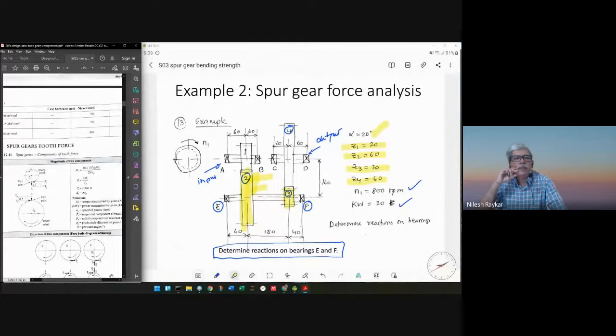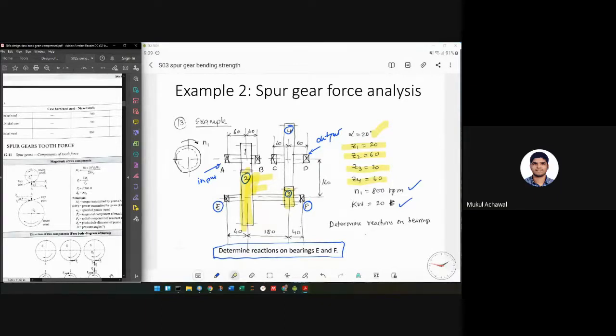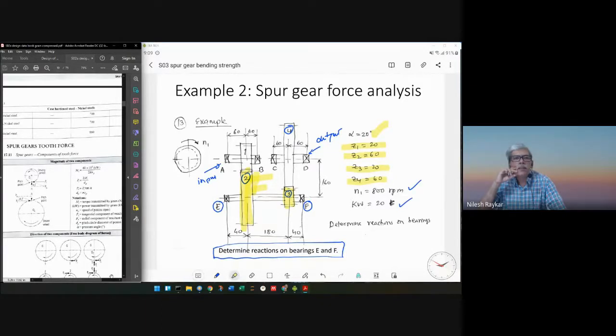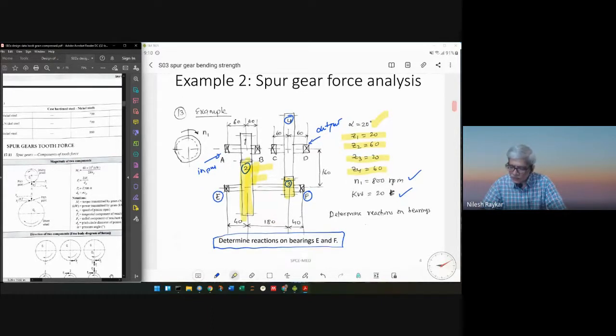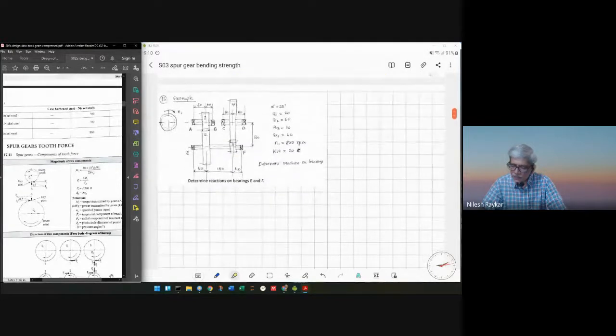So one of the dimensions would give us these diameters and module, just using center distance and number of teeth. That's right. So center distance is in terms of module and number of teeth. So using that formula, we can calculate the module, and from module, then we can determine diameter. And once we know the diameter, then we have to calculate the torque and then calculate the force components using the formulae which are available there. Okay, so that's right. So let's do the calculations.